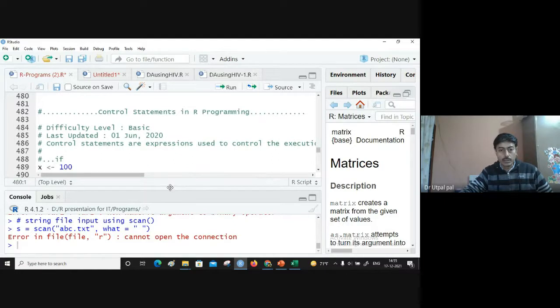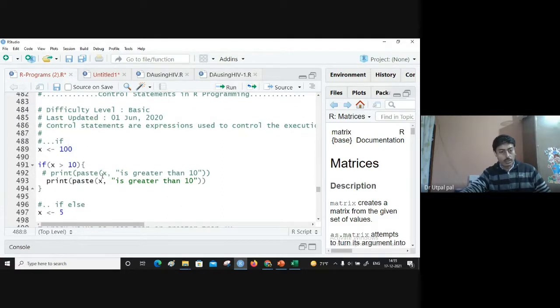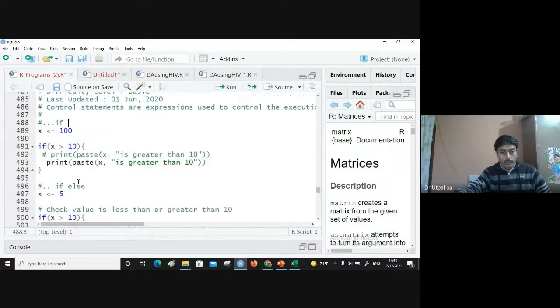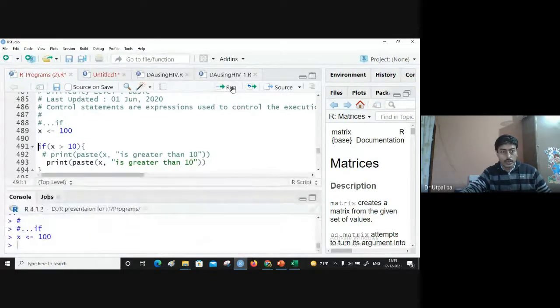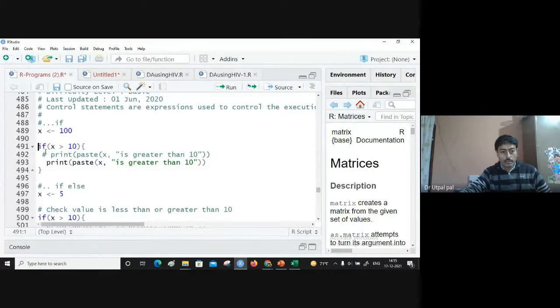Next is control statements in R. So we have all the control statements like if, else if, and all the basic programming constructs and control statements are available in R also. Here I have shown a very simple one. Suppose we have a variable x which is assigned a value 100. Now here I've written the statement like if x is greater than 10, then you print this message.